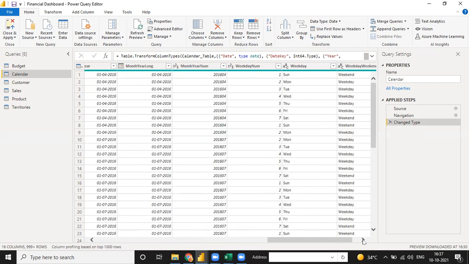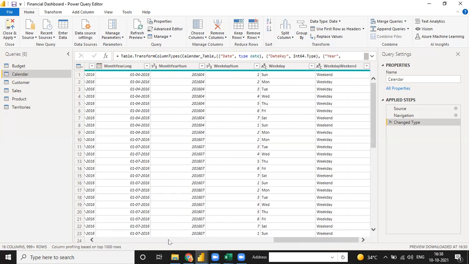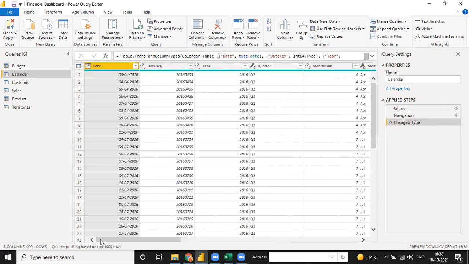Okay, in this data we have 14 to 16. So if you make any data set changes, instead of 16, you can write 18 or 19 or 20. Just replace the value in Excel and you can change the value in Power BI as well. Okay, so you can use this calendar table also in your further reports.